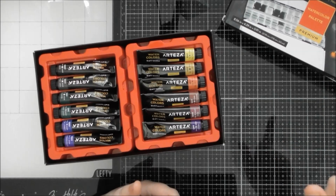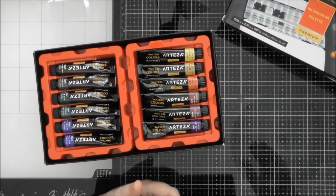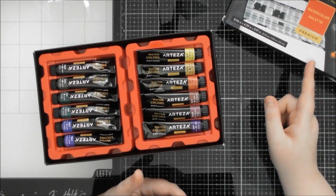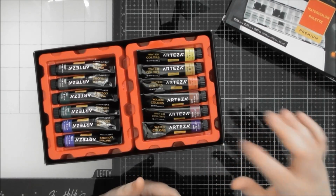The gouache paints don't seem to crack as much as the watercolours, and the way you want to work with the gouache is you want it to be kind of that creamy consistency, so it doesn't matter if you've added a lot of water to your little pans and you're mixing it up. That's kind of what you want to do. So I think maybe pan wise works better for gouache than for the Arteza watercolours, but it's an option,